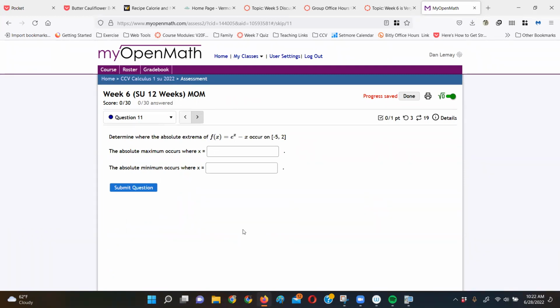You take the derivative. Now something I'm noticing about this question that's different from what we've done yet in this video is that I've got a closed interval. So I know I'm going to take the derivative. I'm going to look for critical values if there are any. And then I'm going to test those critical values and the endpoints to see which is the minimum and which is the maximum. So the derivative of,